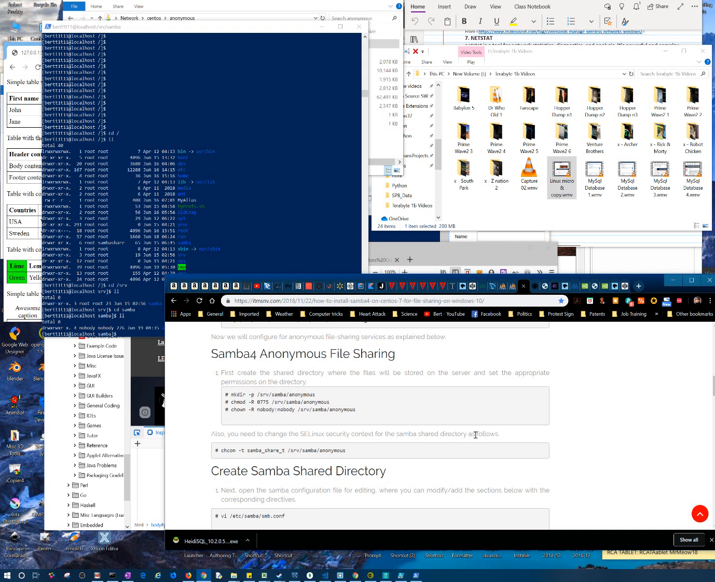Yeah, so it says you got to change the SELinux security context of the directory, but you also got to do this. So this is how she told me to make this directory. Okay, this mkdir -p, and then chmod on the directory 0775. So I set the permissions, and then chown to nobody:nobody. So yeah, she's the one that told me to do that. So,